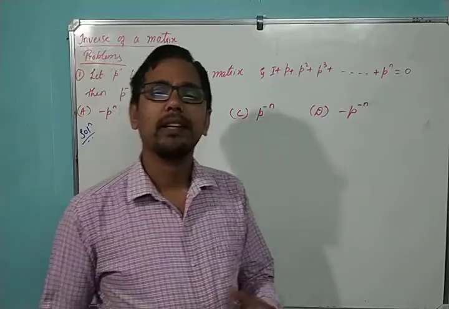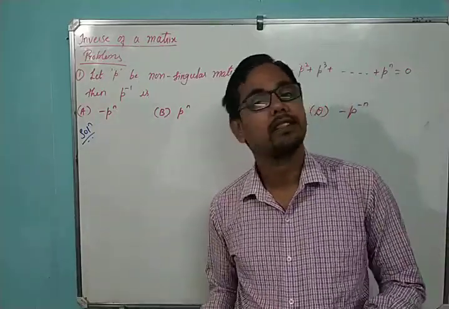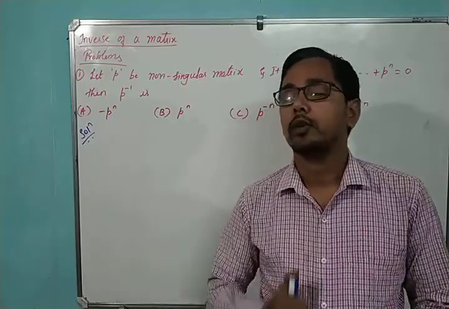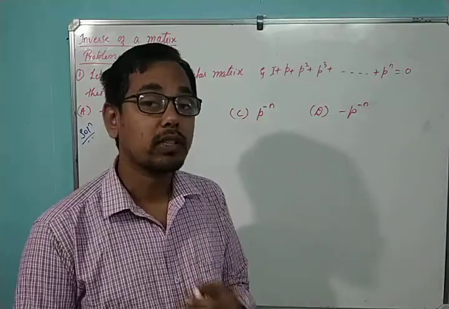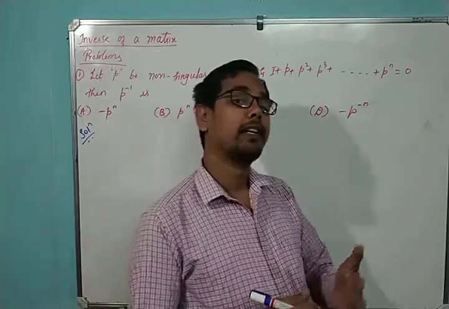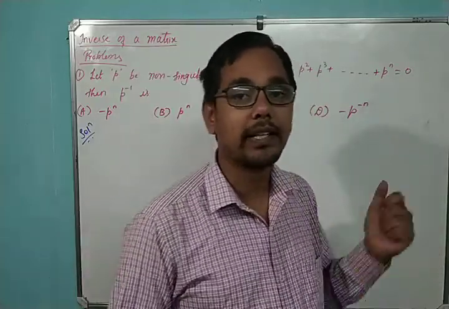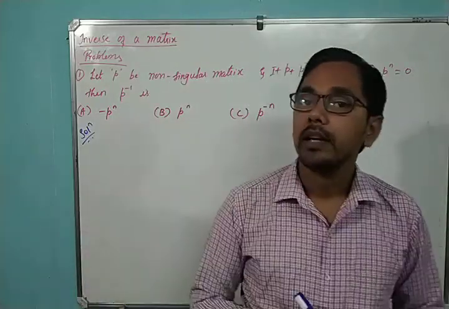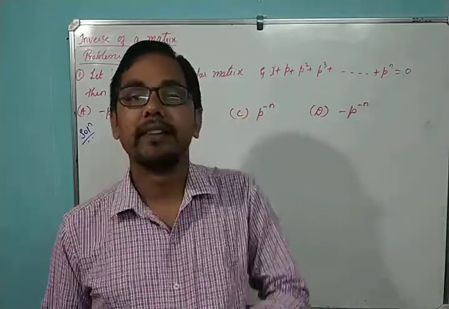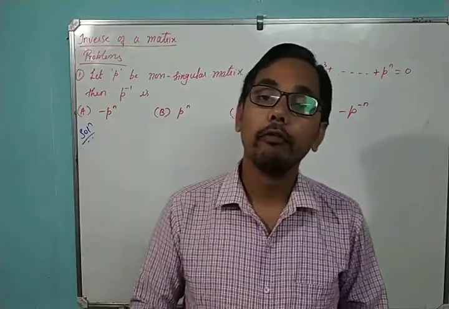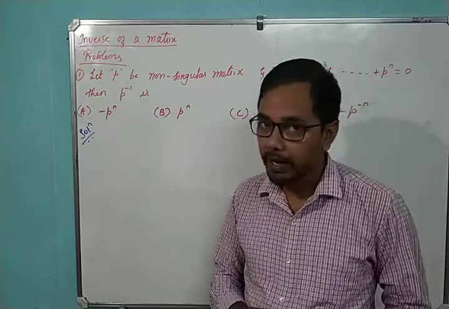So we know that we have been discussing different topics about JEE. Many topics we have discussed, we have conducted different sessions, right? In the previous video we started with inverse of a matrix. What is the inverse of a matrix? Everything we have seen, right? Before that we also saw adjoint of a matrix and trace of a matrix, all those things we completed, and then we landed on inverse of a matrix. In the previous session we saw the inverse of a matrix, the properties of the inverse of any matrix, and the condition for the inverse to exist for a particular matrix, right?